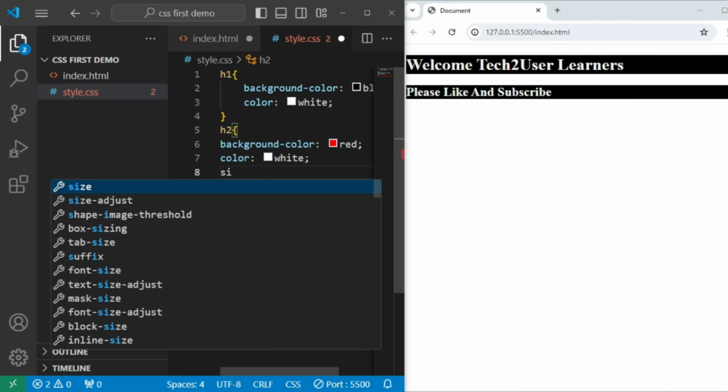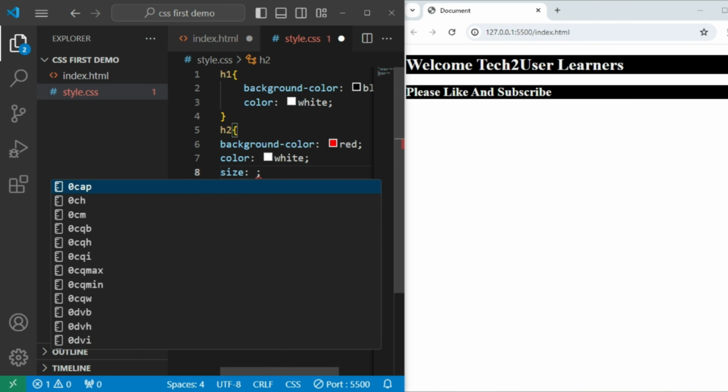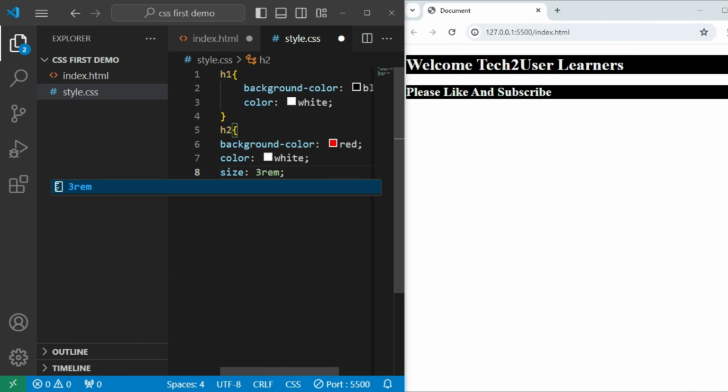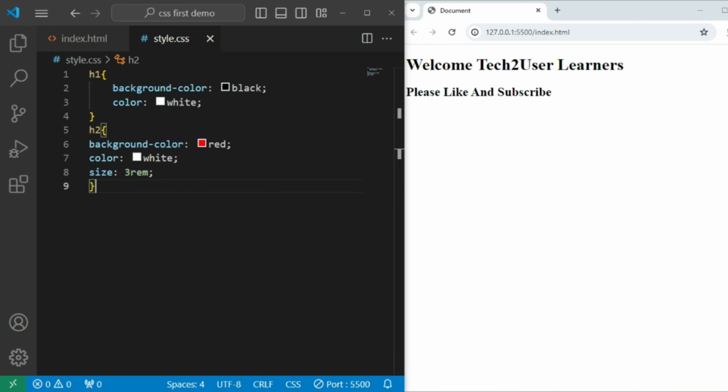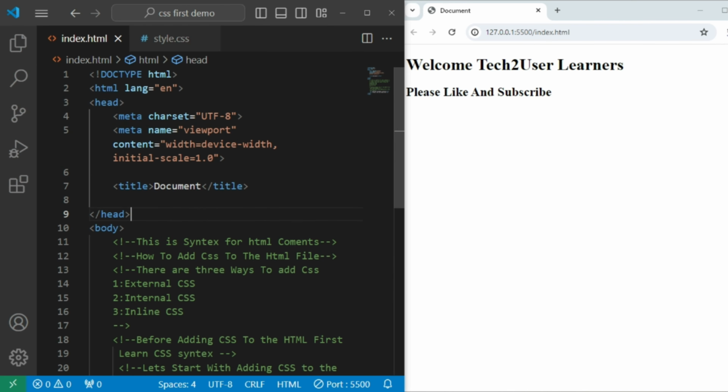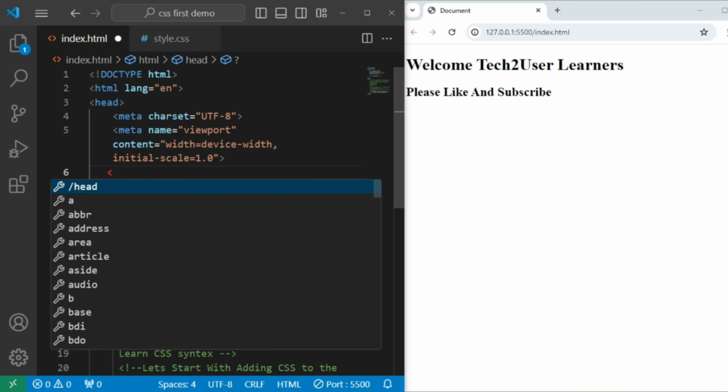Even though we wrote the CSS code in the style.css, it's not applied to the web page because we need to link this external CSS to the HTML page. For this, we need to write some code in the HTML file. So go to the head section.